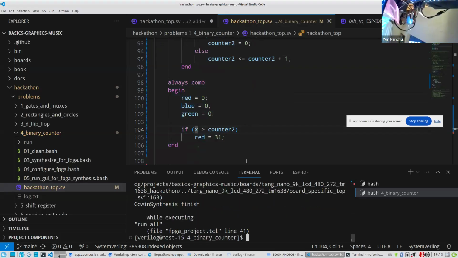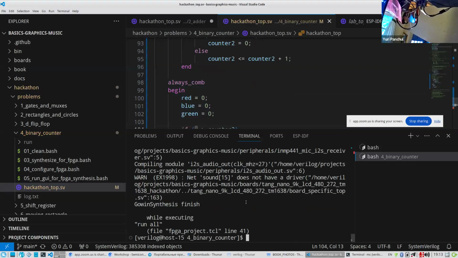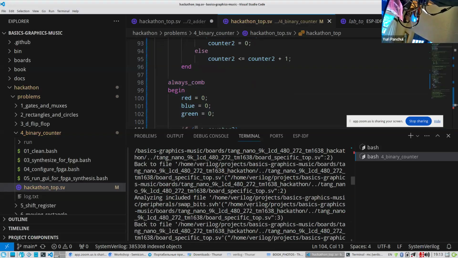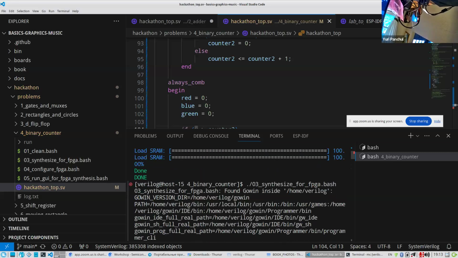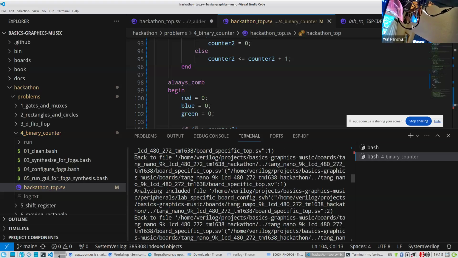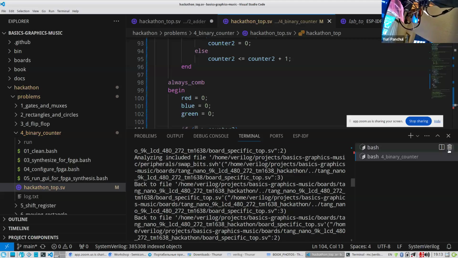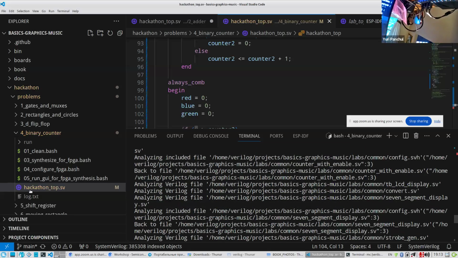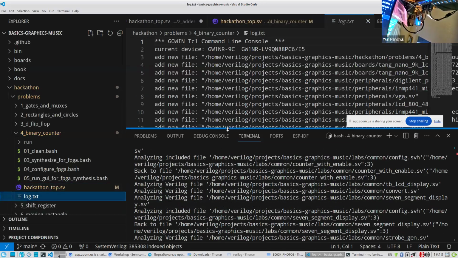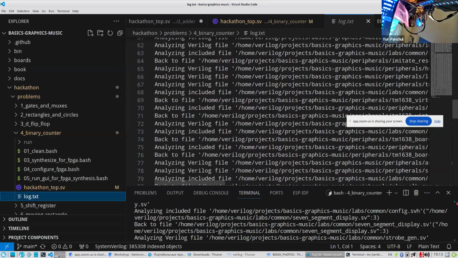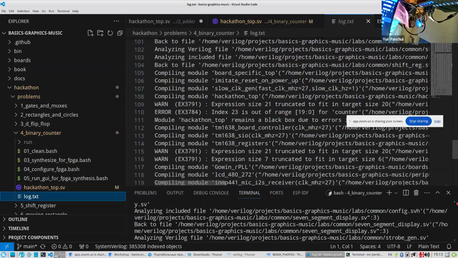So if you have such logic, we can make red moving. You got some error. So we got red moving on the screen. Let's see what kind of error we got. We can also click on log.txt and see it in text from here, which is more convenient. So when you have an error, you need to see the error. Yeah, here's the error message. Index 23 is out of range.